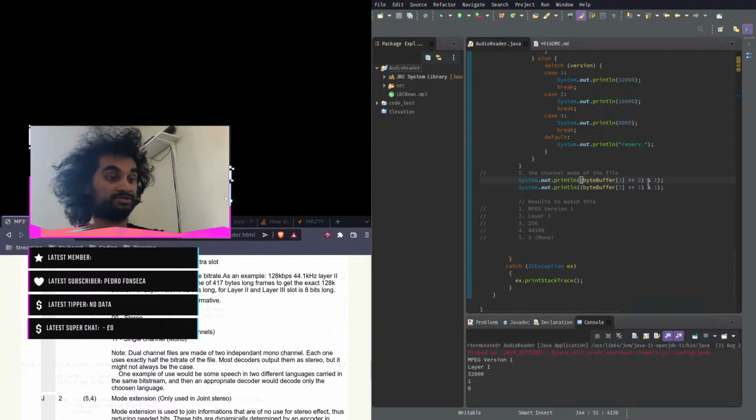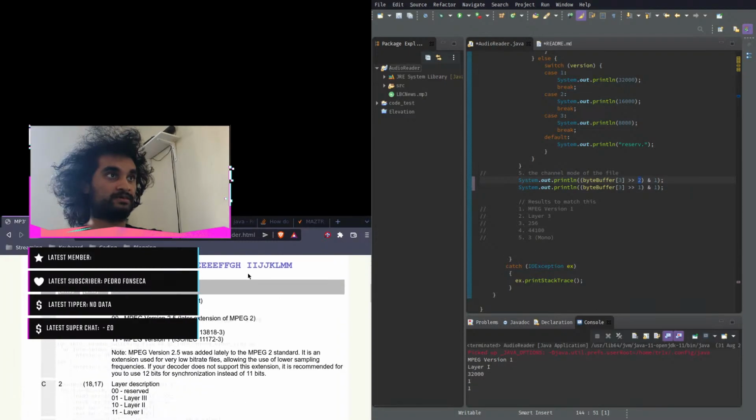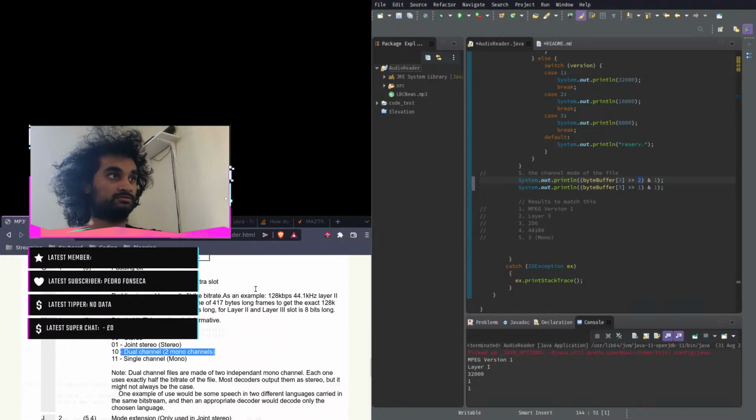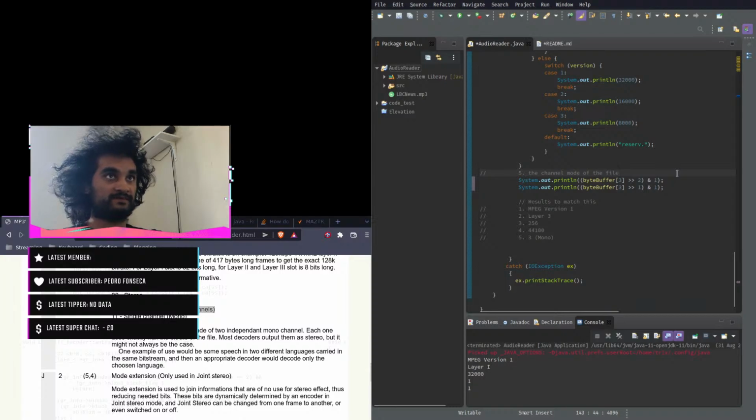If I do 7 and 6, what happens? 1 1, single channel mono. Stereo, joint, dual channel 2 mono channels. I think what I've done is right. 2 and 1, because in here it's 1 2, so it's 2 1, right? So in here you would do